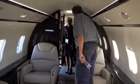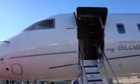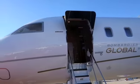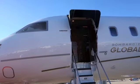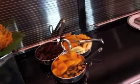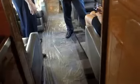And some more visitors. I was told by the gentleman at the other aircraft to come, I have to see the Global 6000. I will love it. Okay, I'm gonna come in. I like this plane already. Look at the goodies. And here's where the boss sits. Or maybe...